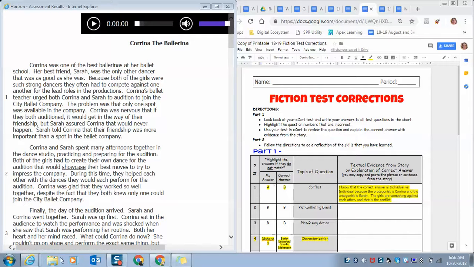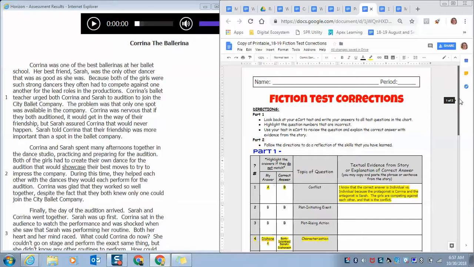So on the left, I have a copy of a student test, which we'll take a look at in a minute. And on the right, we have the fiction test correction sheet. So you will have to open your eCart test because I am requiring that you look at your answer and you explain why it was wrong and what the right answer is. So let's take a look